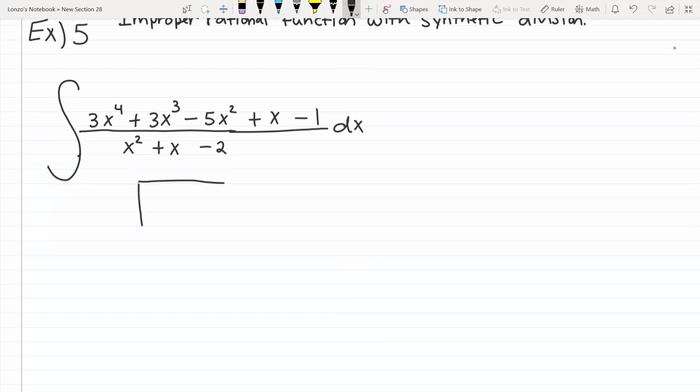let me do my box. So the numerator goes inside the box, the denominator goes outside, and I'm going to check if I'm missing any powers. If I am, I'm going to replace it with 0. So you have 4, 3, 2, 1, constant. Nothing's missing, so it's going to be 3x^4